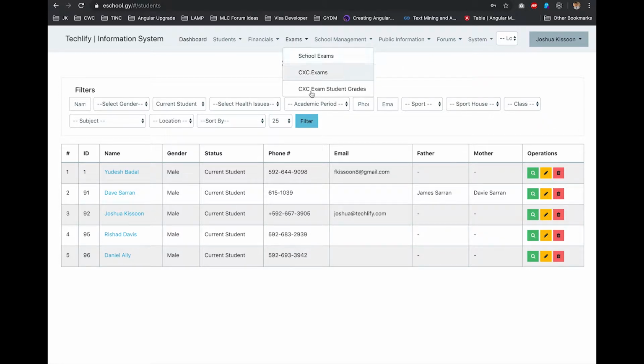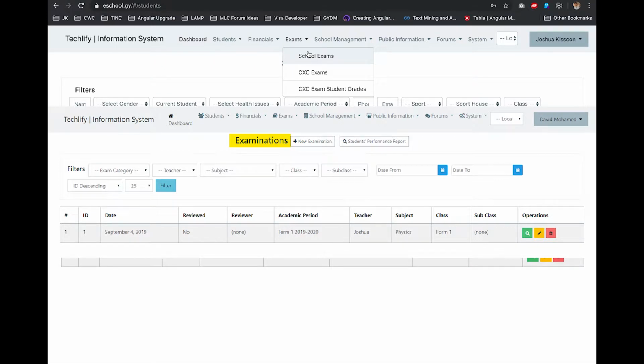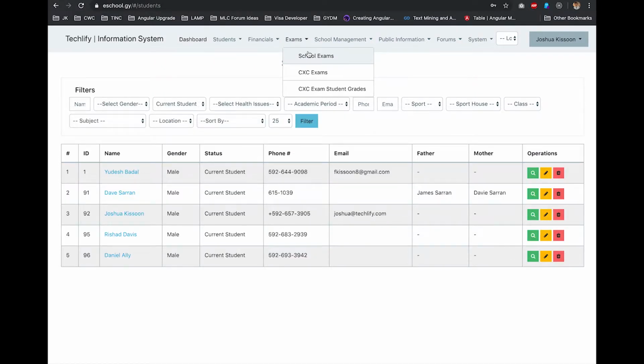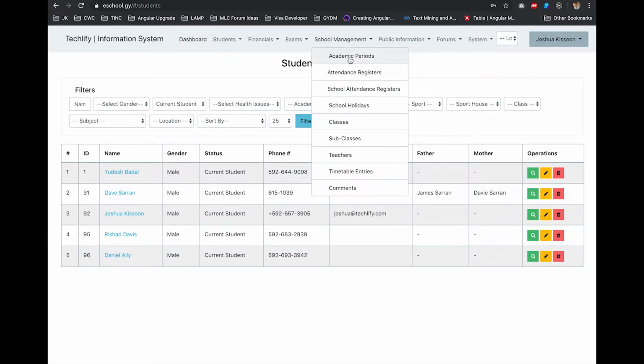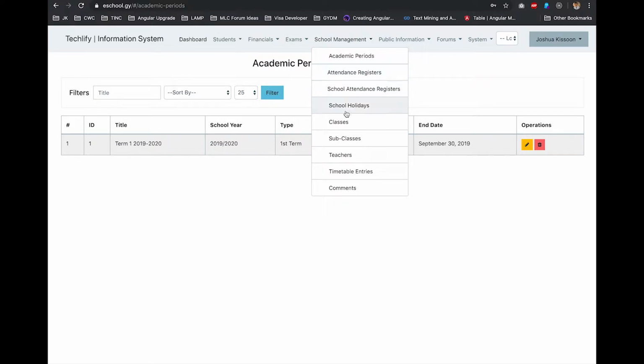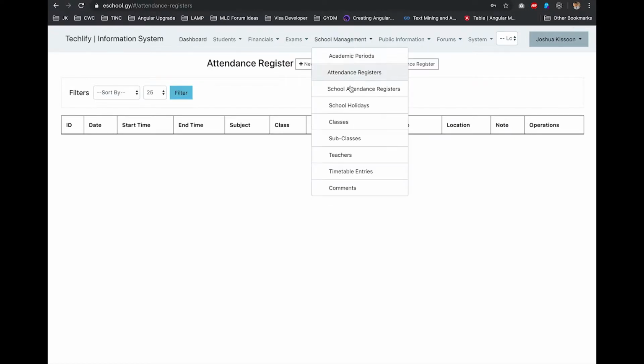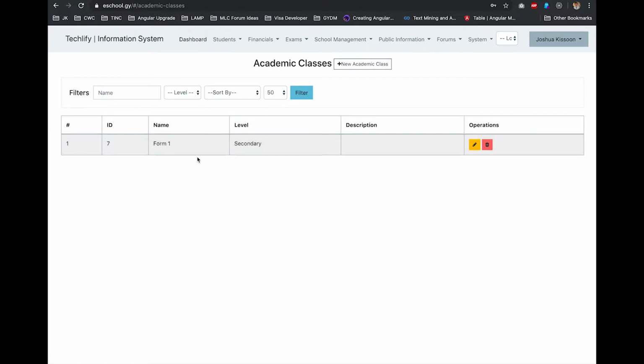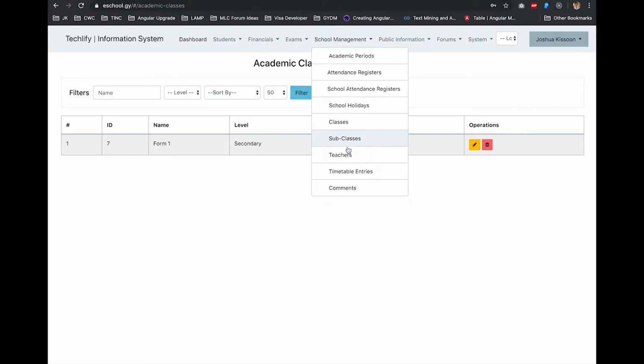The exam section allows you to manage all your school exams, all CXC exams that have been written, enter student grades and so on, so that the parents can see it on the student section of the site. And from these exams, the system automatically generates a report booklet for the students. School management menu allows you to manage your academic periods, create new academic period. You can generate attendance register from right here and manage your school holidays so that these are reflected in the attendance register. You can manage the different classes that are in your school and the levels of these classes, subclasses,